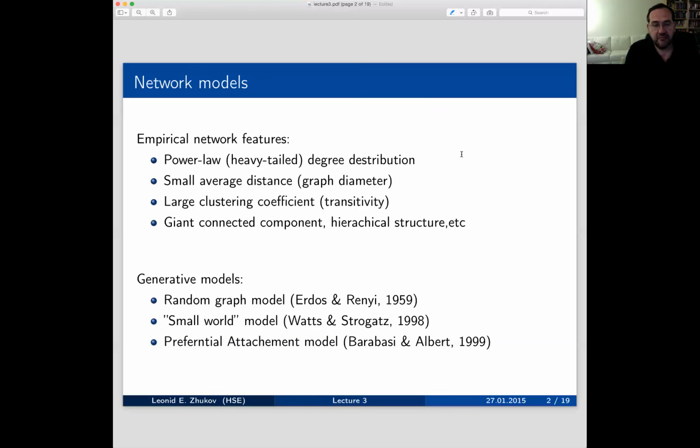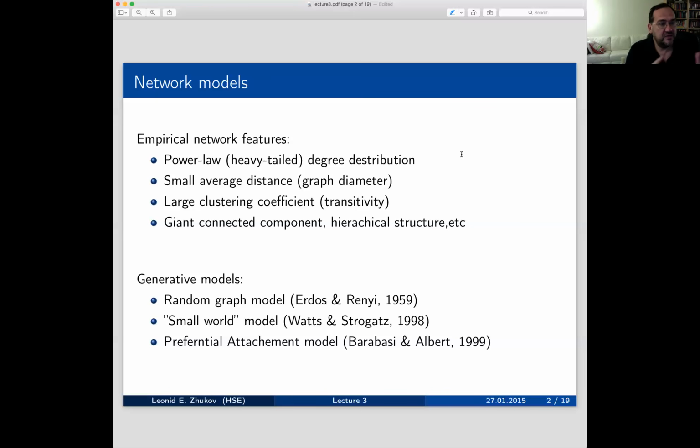In fact, back until the late 90s, until the discovery by Barabasi and Albert that the web graph doesn't follow a Poisson distribution, the distribution of node degrees, people believed that it is a classical random graph model. And later on, when it was discovered that it is not, people started working on other models.